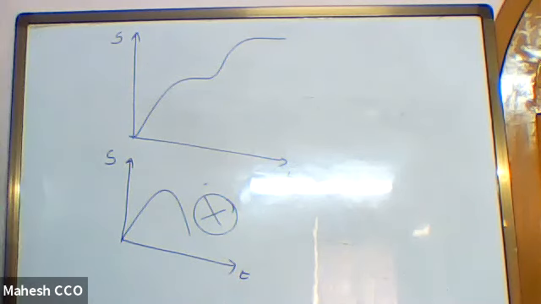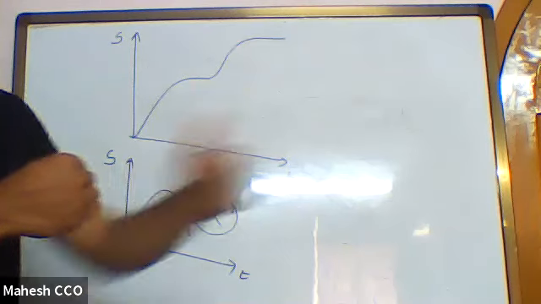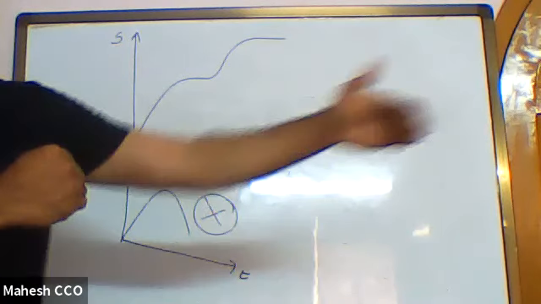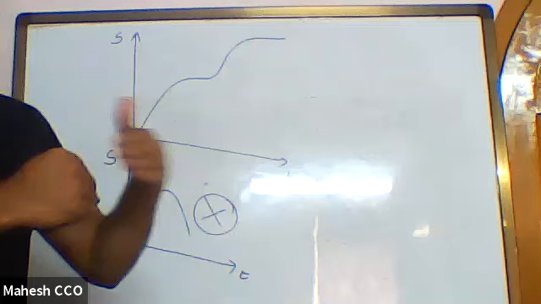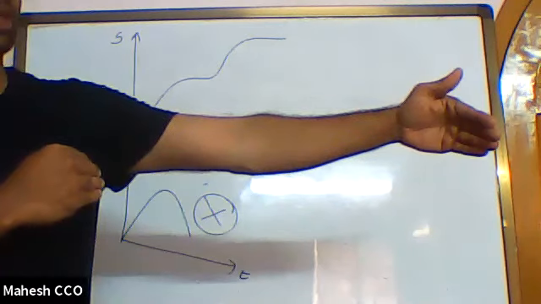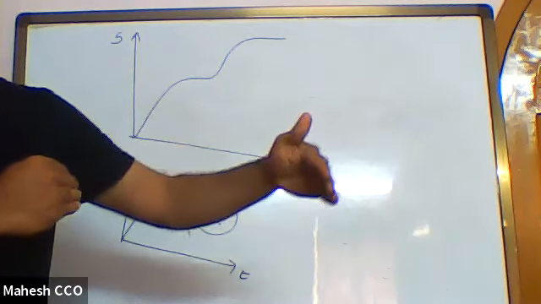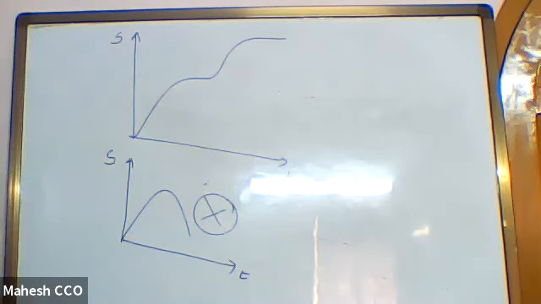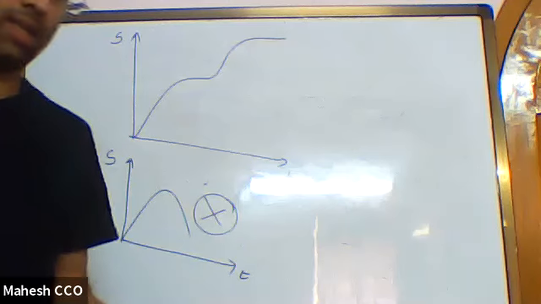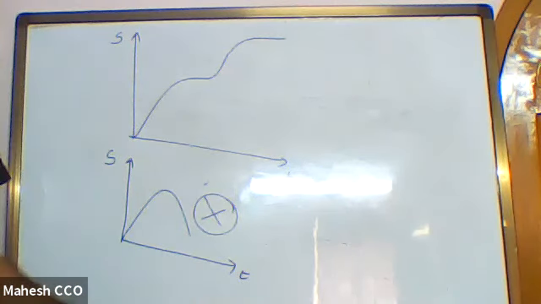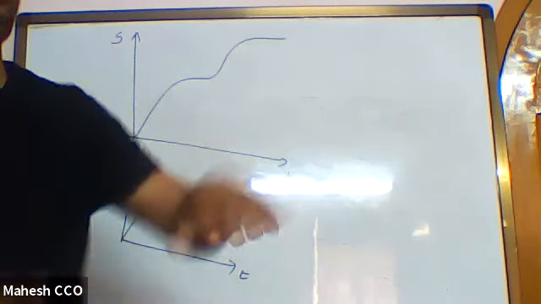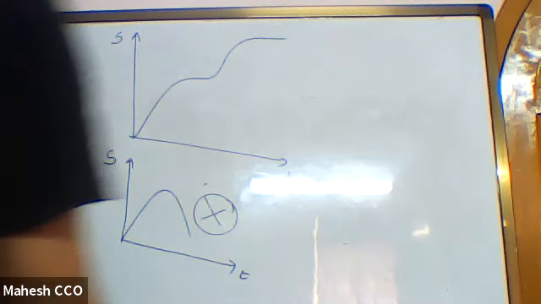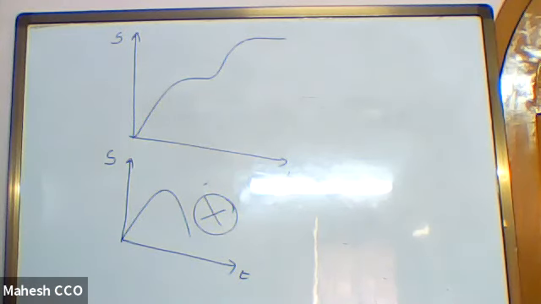Displacement can decrease because displacement is about how far or close you are from a point. So if you go forward and backward, then while going forward, the displacement keeps on increasing. When you are coming backward, the displacement can decrease, but distance traveled is just the length of the path. So as you keep moving, the length of the path is going to increase only. It can never decrease.